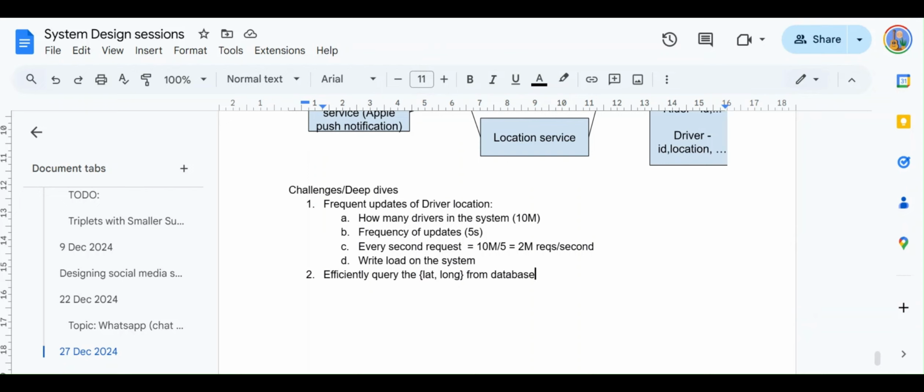For the first one, we could definitely look at using a NoSQL or even a SQL database, and we can have multiple read replicas. If you're thinking about how to optimize database queries with a SQL database, you can have a master-slave architecture where the slaves serve read operations and one master serves write operations.